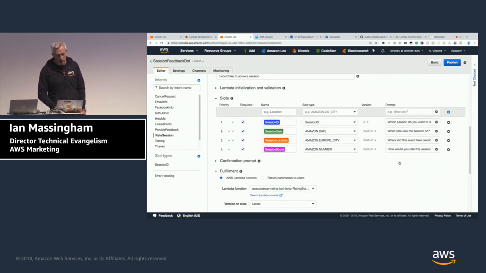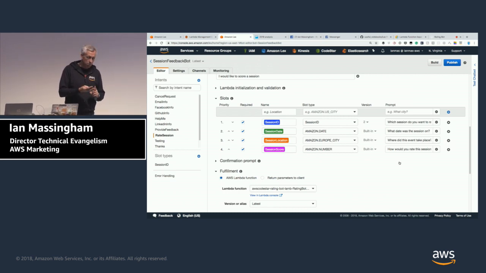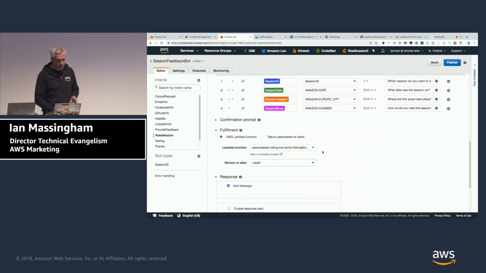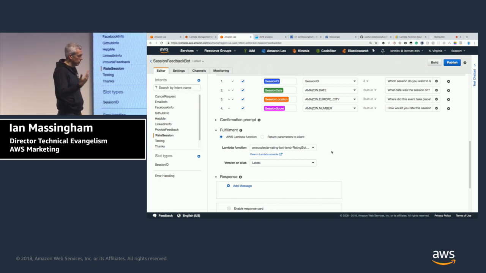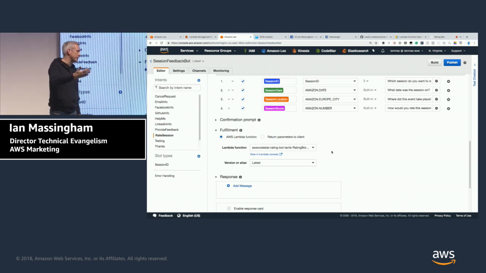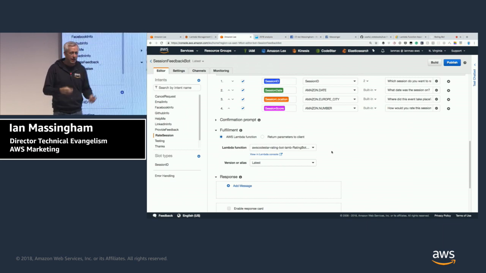Then we've got our slots, our session ID, our date, our city, and a number data type, which is our score from 1 to 5. And then we have our Lambda function for our back-end validation. So if you put in an invalid city or a score that's greater than 5 or lower than 1, you'll get a request to provide something which is valid.